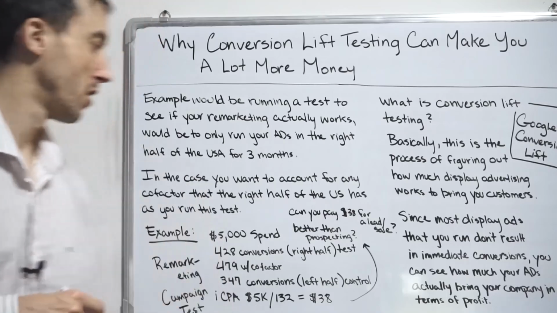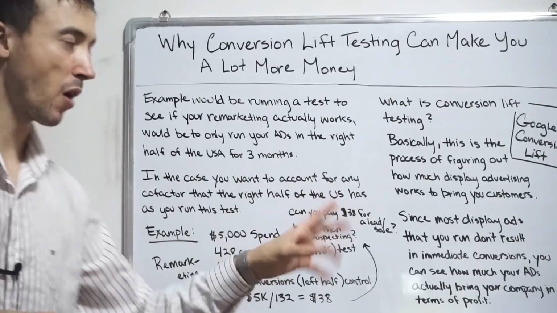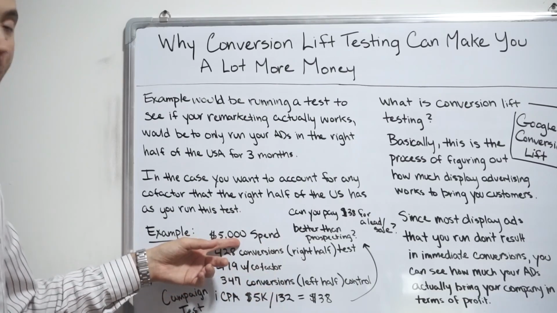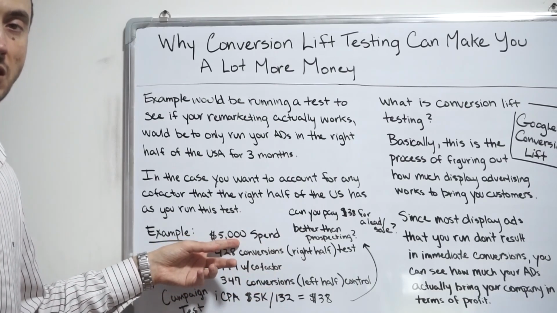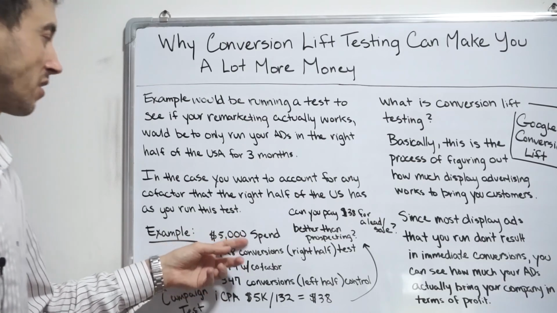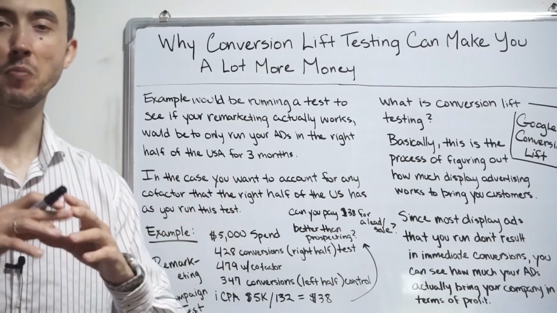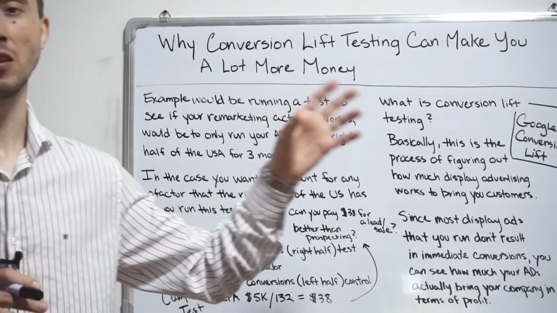purchasing right away. So anyway, before I wrap this up, the formula here again is you simply have a set amount of ad spend to test this new ad, whatever the ad is that you want to test. Half of the traffic is going to go to one half of the people you're targeting now. One half of the traffic is